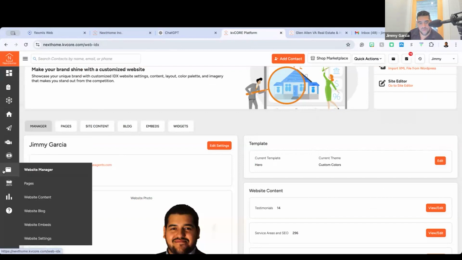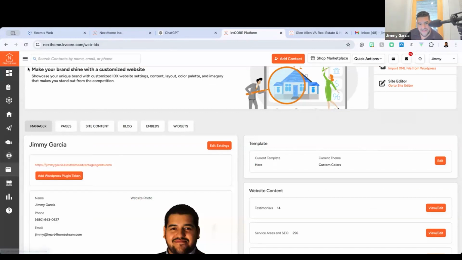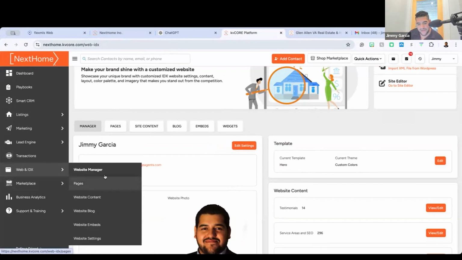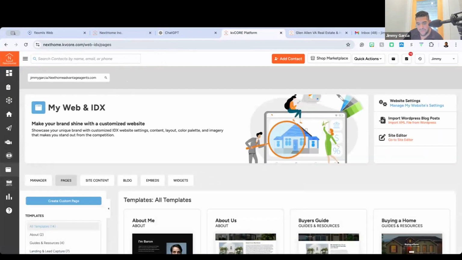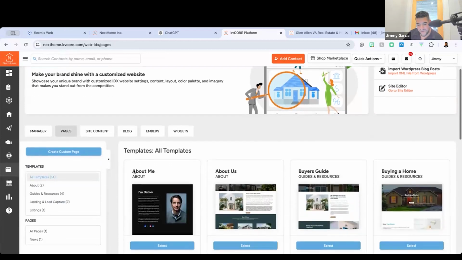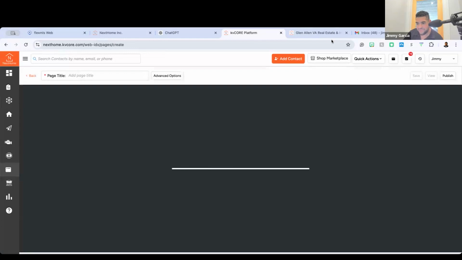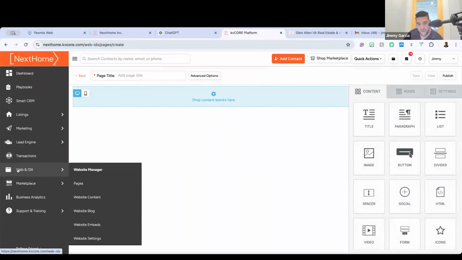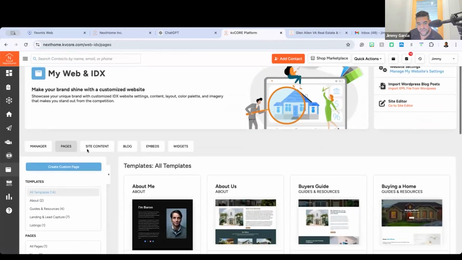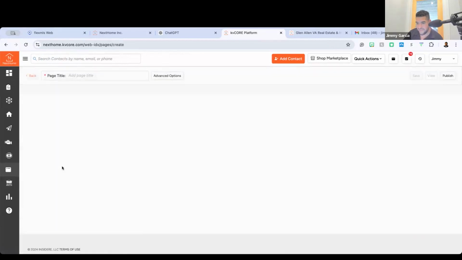So once you have your database more or less filtered, you have your ABCs, your one, two, threes, however you rate your system, your buyers, your sellers, the time frame they are. The next thing to really work on to get a good handle on your system is creating your pages. Now I'm going to lose some of you here because we're going to talk about how custom you can get. Okay. If I hit create a custom page, again, one more time, how did I get here? Web IDX on the left-hand side, I clicked on pages. Once in pages, I clicked on create custom page.